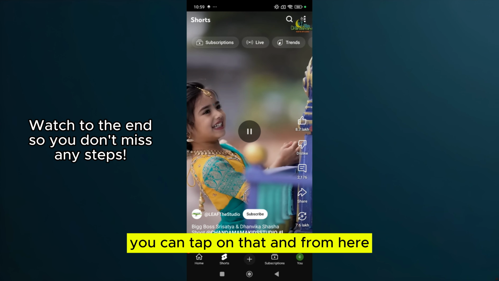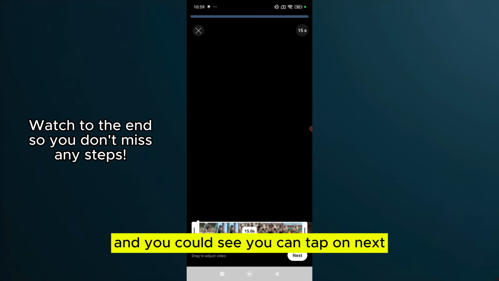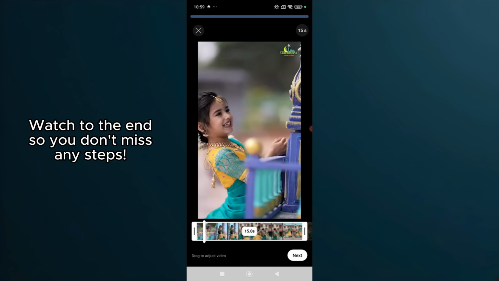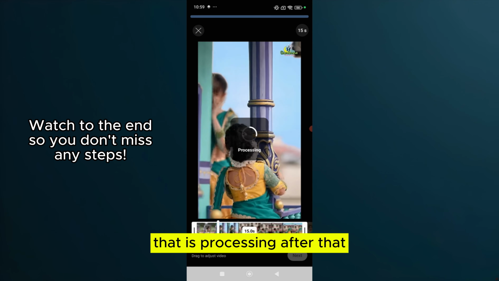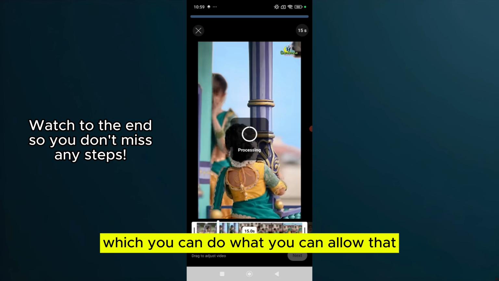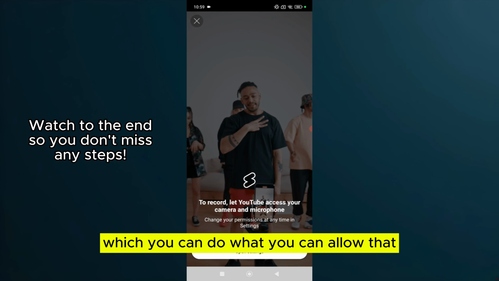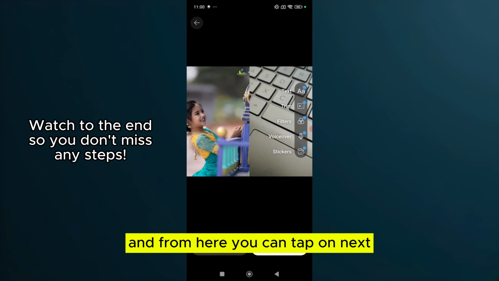And from here, let's say if you need to do duet shorts, you can tap on the remix icon, which is over the share below that. From here, you can tap on collab and you can tap on next. And that is processing. After that, it will give you a camera which you can allow. And from here, you can tap on next